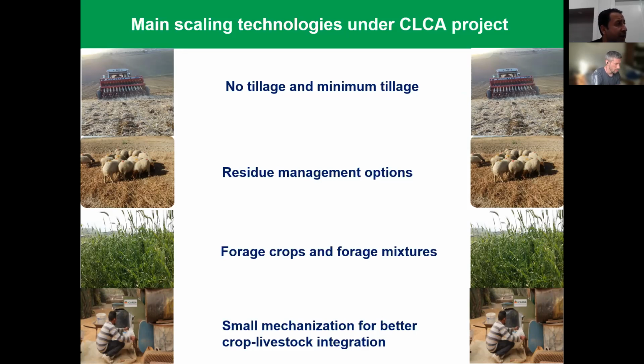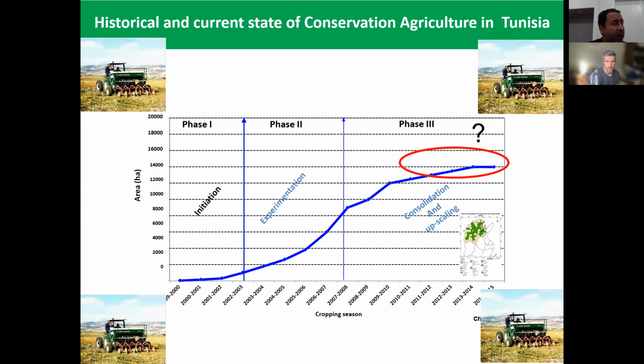And the next one are forage crops and the mixes of the forage crops. And then we proceeded to scale up this technology. And the last one is the use of mechanical means to better integrate the crops and the grasslands in these conservation systems. So in other ones, well, here I have a chart